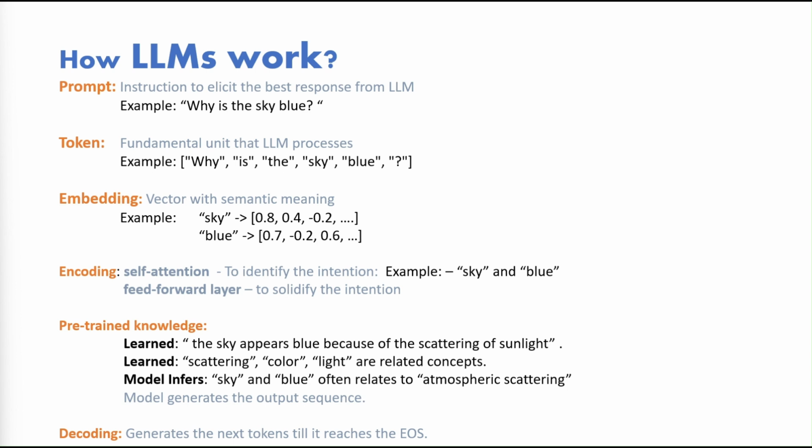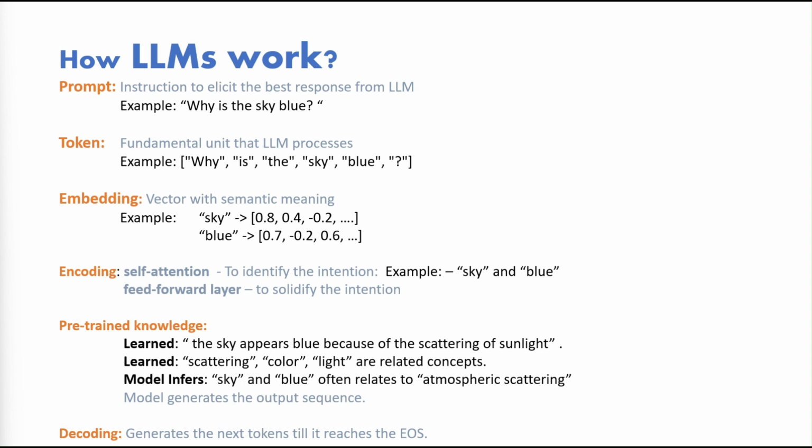Now, this sequence is sent to the decoder part of the transformer architecture. What the decoder does is, it takes a sequence of tokens and outputs the next token. It doesn't have any understanding or knowledge about the content. One thing we need to be clear about is the basic task of an LLM is to output the next token, nothing else. It does this by picking the highest probability token at each step. Once the decoder reaches the end of sequence token, it sends out the output. Let us go through an example of how the decoder emits tokens one at a time till it gets the final result.